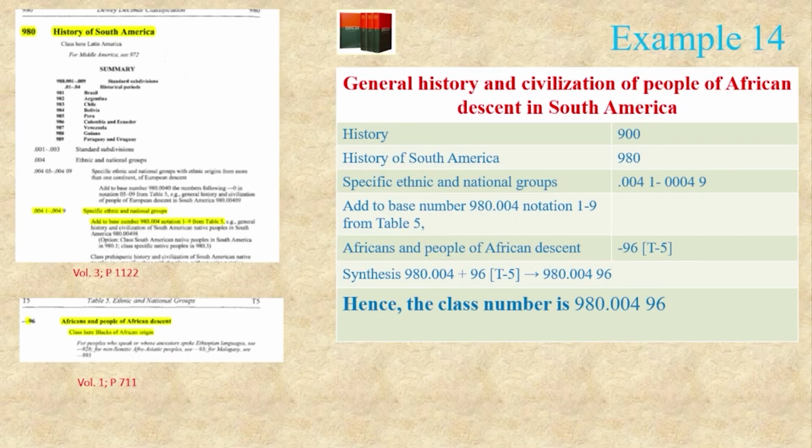So there is another example, that is general history of civilization of people of African descent in South America. So first identify the key elements. First subject history and civilization, then ethnic group people of African descent, then geographic location, that is South America. Now determine the main class. First history, that falls under 900, then history of South America, that comes under 980, then specific ethnic and national groups, that comes under